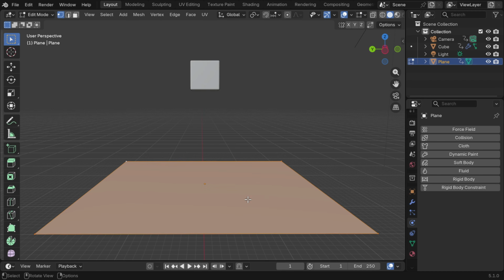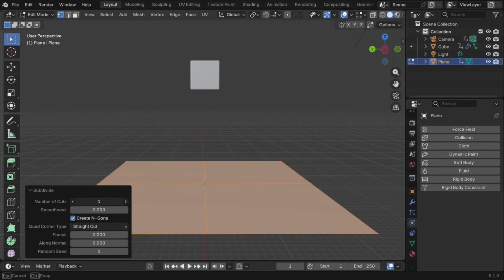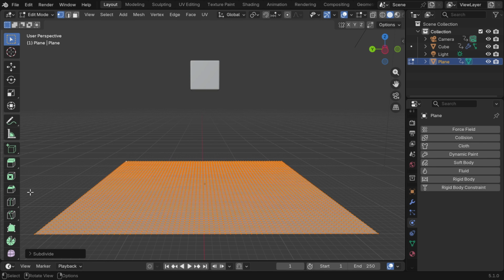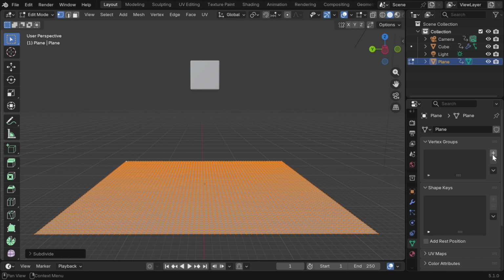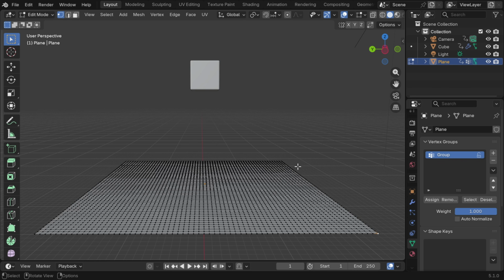In the edit mode, right-click on the plane and go to subdivide. We have to change the subdivision level from here. We'll go with 64, as we need a perfect cloth material. Then we have to assign these vertices at the 4 corners into a vertex group. So go to the Object Data tab and create a new vertex group. Now select the 4 vertices together while holding the Shift key and assign them into the vertex group with a